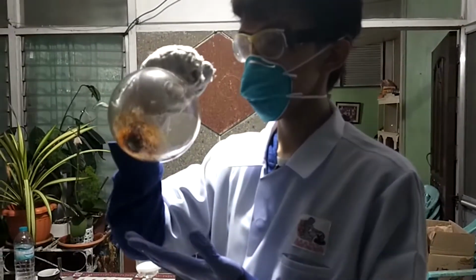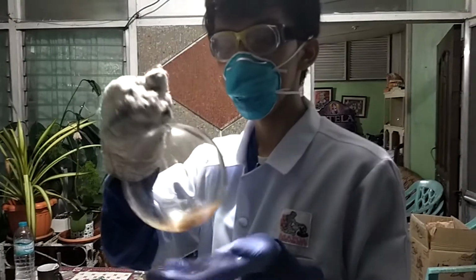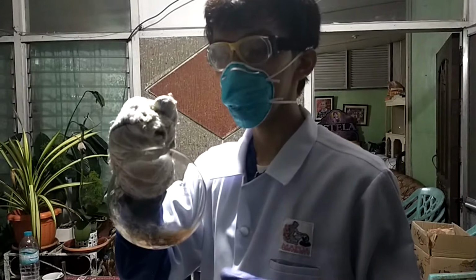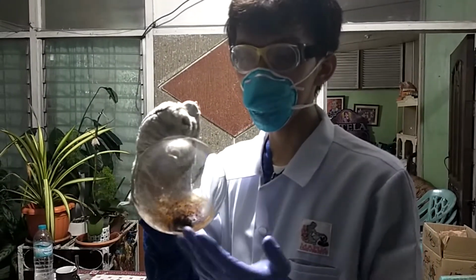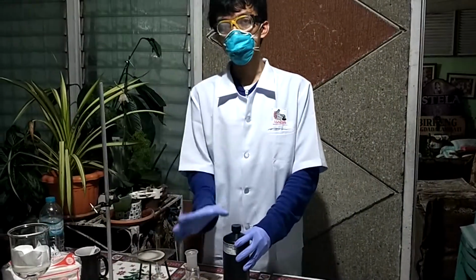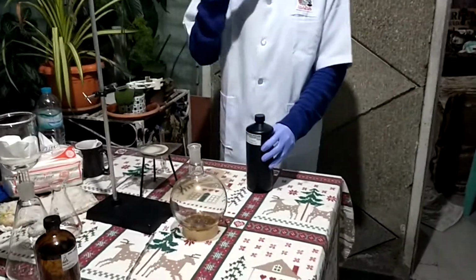Okay, so this is the amount of caffeine that we have recrystallized. Now, this is impure caffeine. We will recrystallize this rather. This is the amount of caffeine that I have extracted. We will recrystallize this to get a more pure form of this substance. Okay, so now that we have here our caffeine, we will recrystallize it so that we can obtain its pure